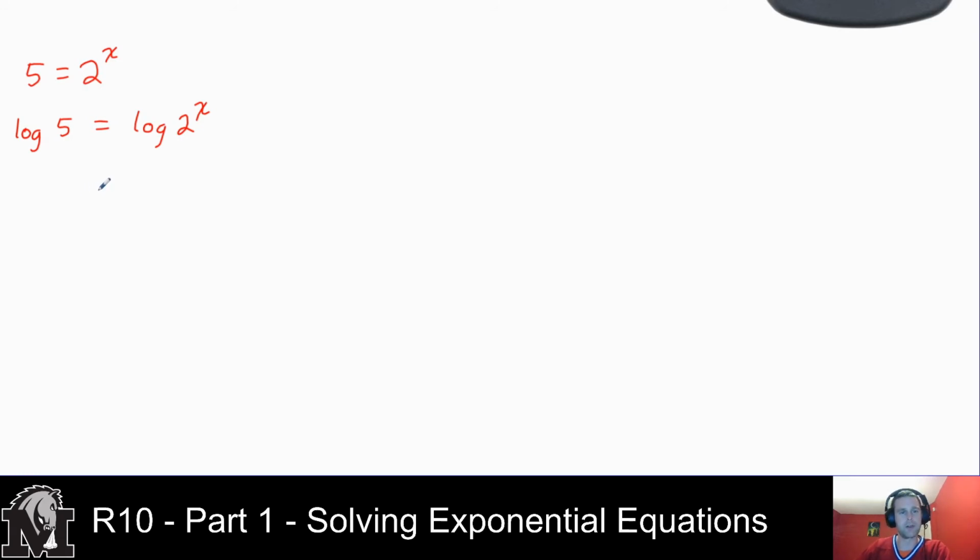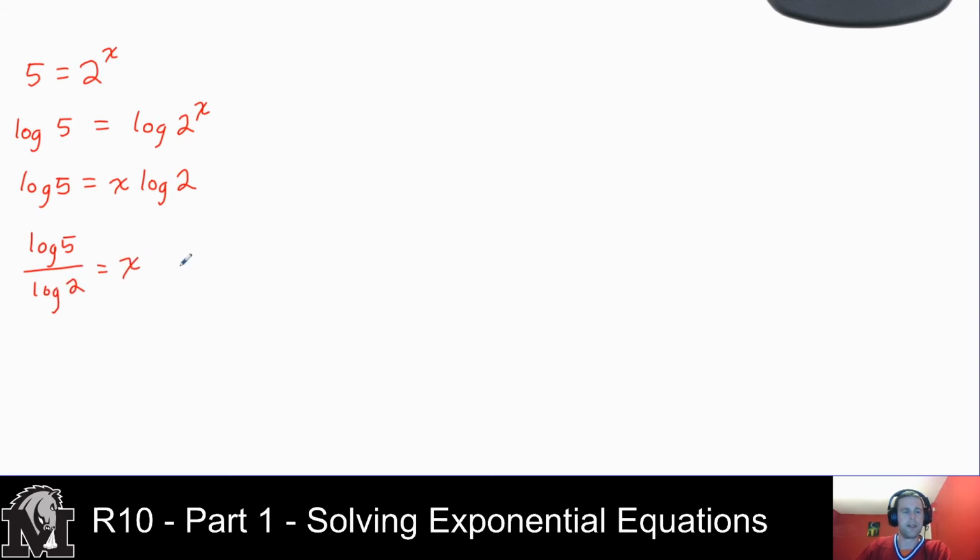If you think back to our last lesson where we talked about the power rule, when you have a logarithm acting on an exponential number, the exponent can be written in front of the logarithm. So that's what I'm going to do. I'm going to apply the power rule. So log of 5 is equal to x log 2. And all along I wanted to solve for x. So to get x by itself, I'm going to divide both sides by log 2. So I have log 5 divided by log 2